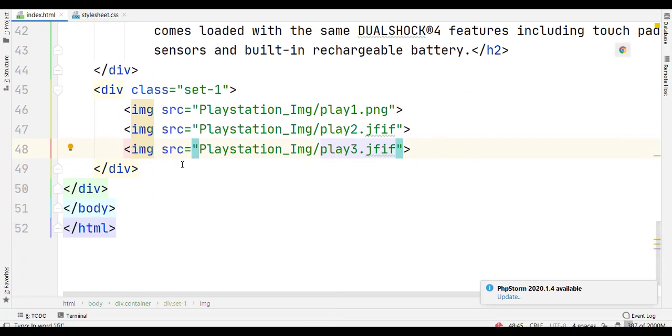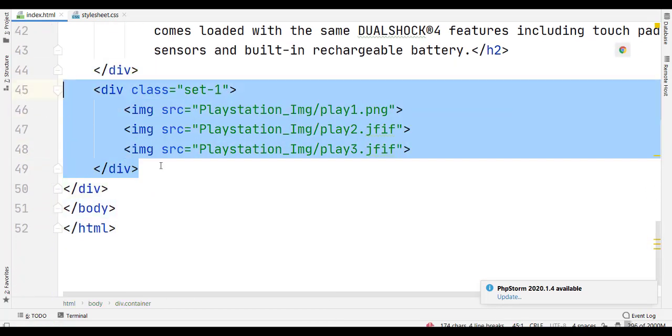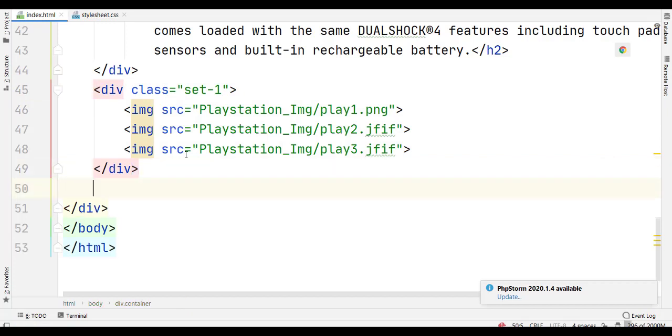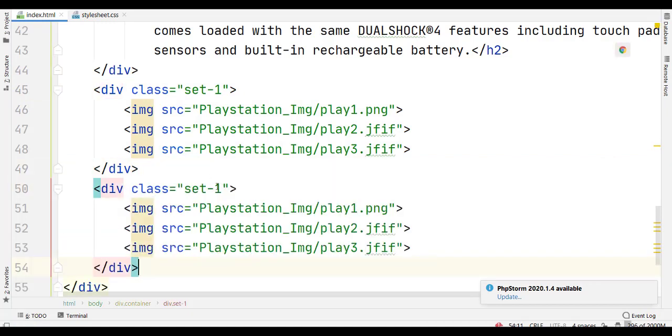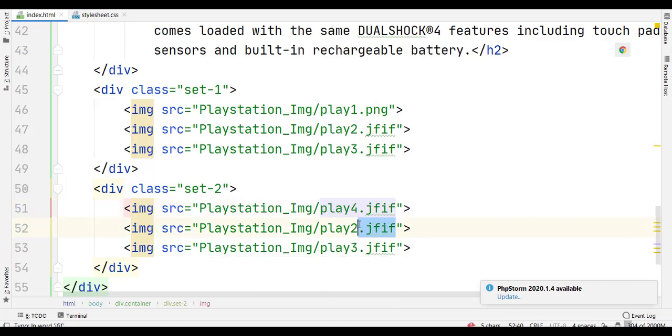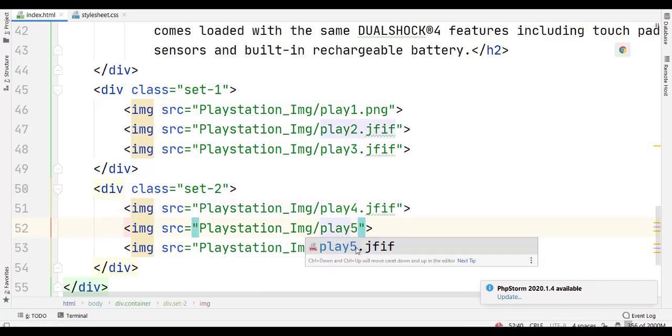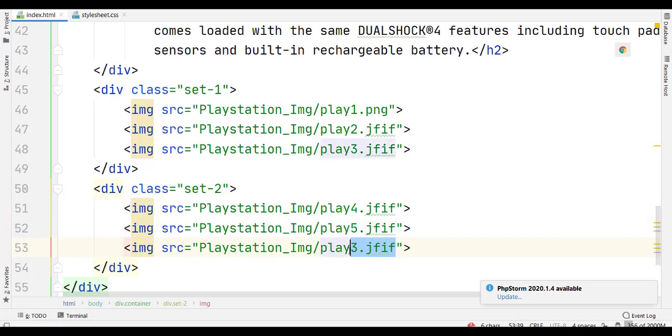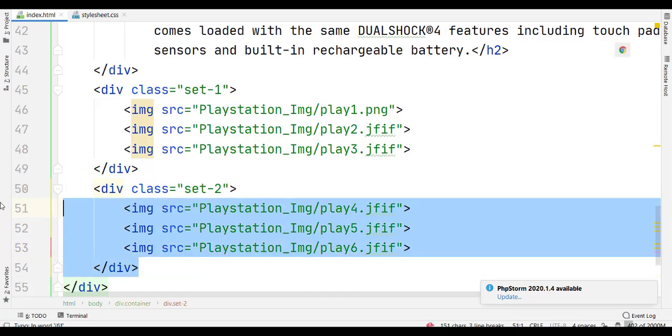Okay, now we're gonna copy this whole div one time, and I'm gonna paste the div here. And instead of set1, we're gonna write set2, and we're gonna change this source. So we're gonna write play 4.jfif, and then play 5, play 6. Okay, now that we're done, we're gonna add one more set, and that's gonna be our last set